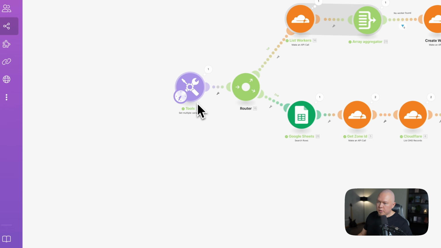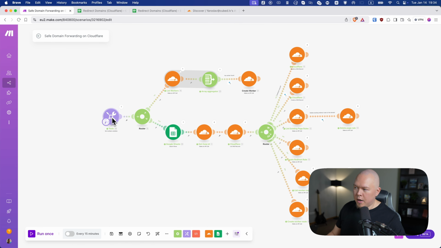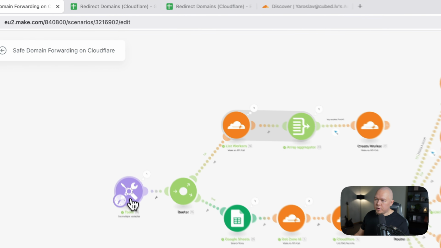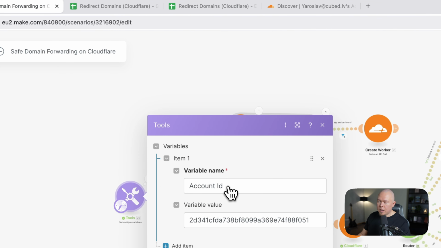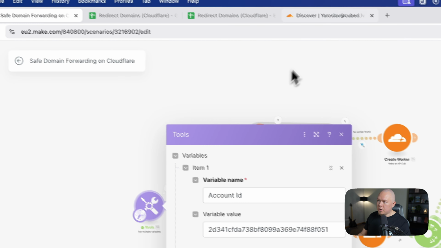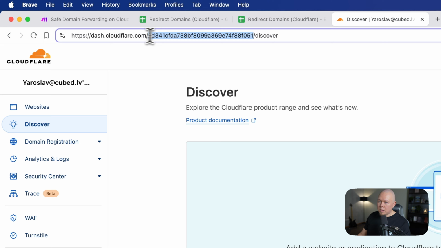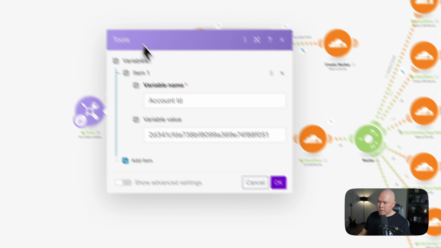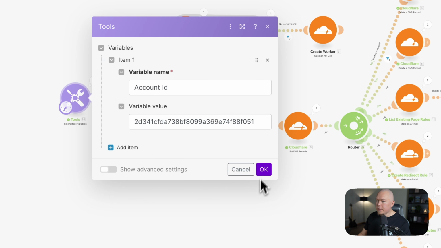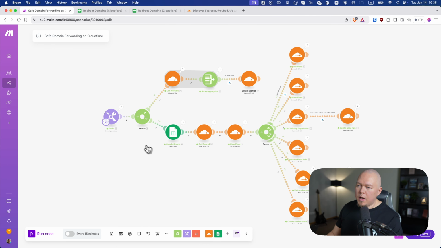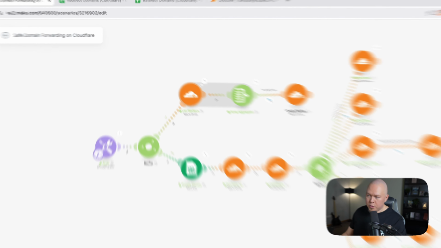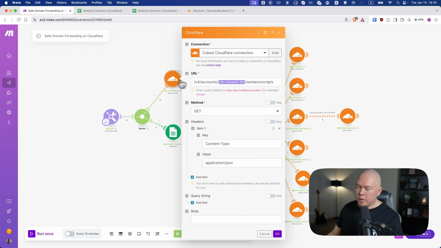Here you would need to set up a few variables and a few connections. First, you would need to set your account ID. It's a Cloudflare account ID. You can get it from the URL here. Just copy it and paste. I already have it there. Click OK. Then you would need to open every single Cloudflare module, and you would need to add a connection to your Cloudflare. I already have a connection here, but you would need to click Add,